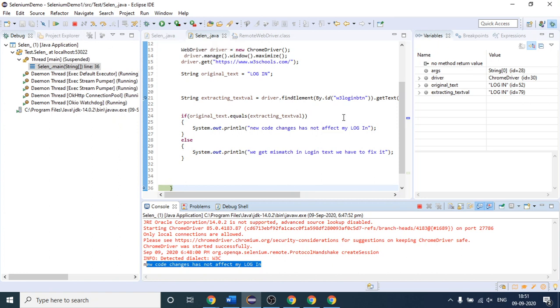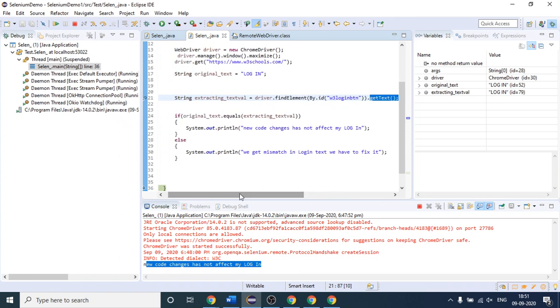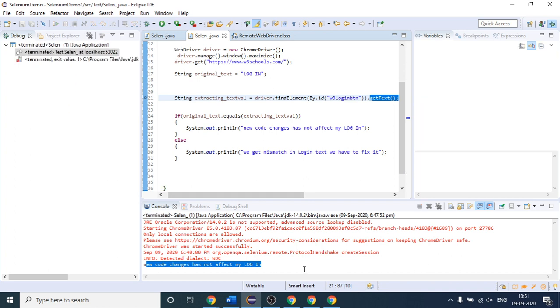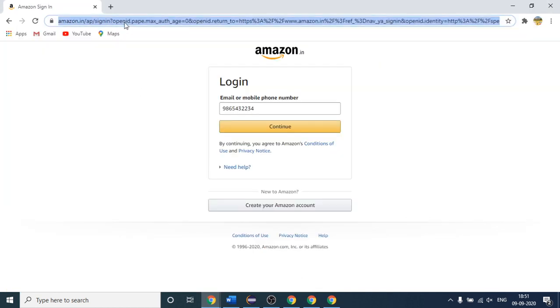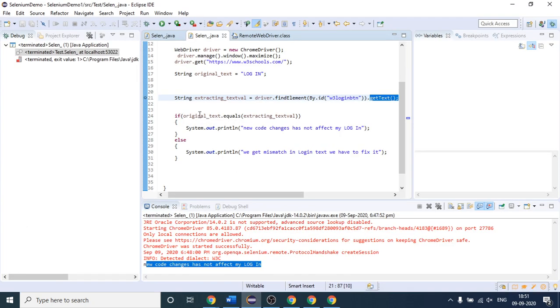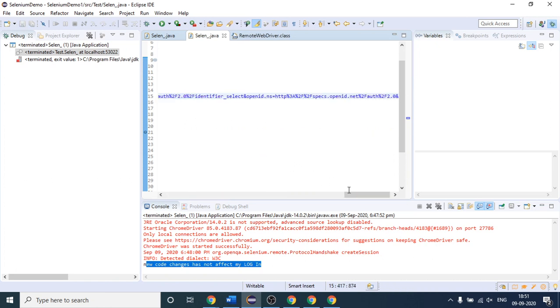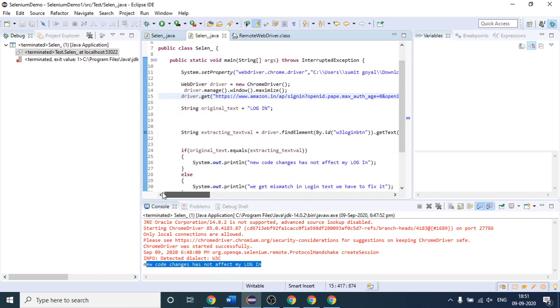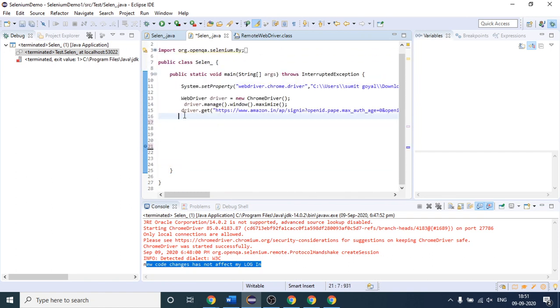Okay, we have just discussed how this get text method is working. Let us see whether it will help us in grabbing the text present inside the text box. Okay, let us try this. So first of all, I will copy this link because I am directly opening this. So copy this link and put it inside this get method, and I will simply copy this whole. Okay, so after that I will remove this, and I do not require this as well. Okay, so after that Amazon site sign in page will get opened.